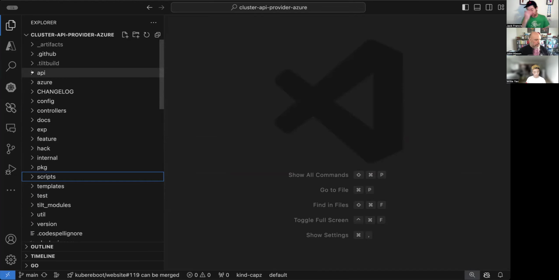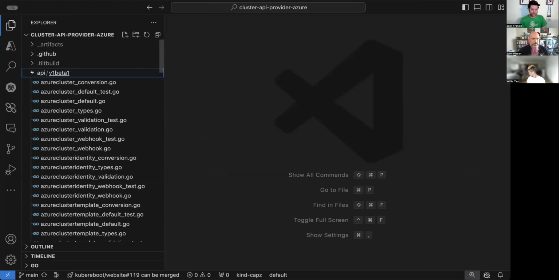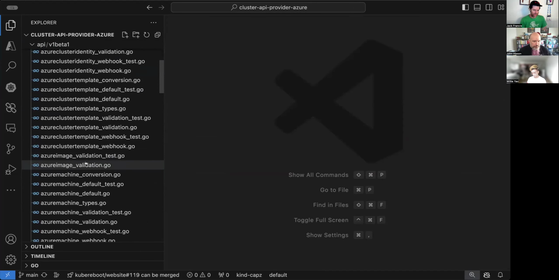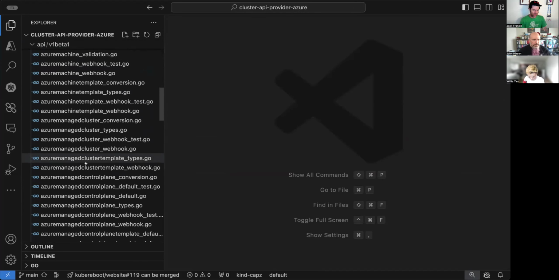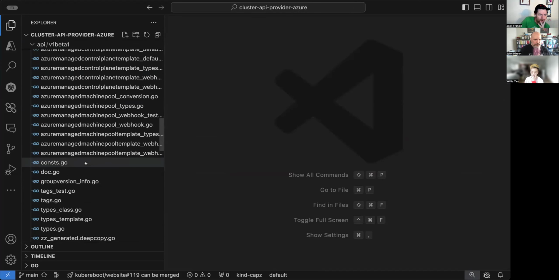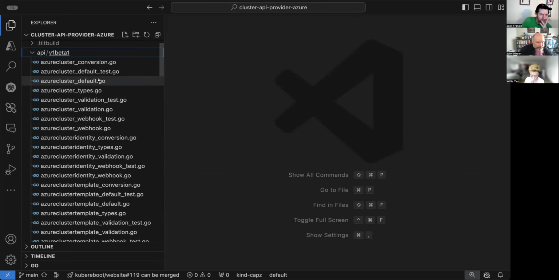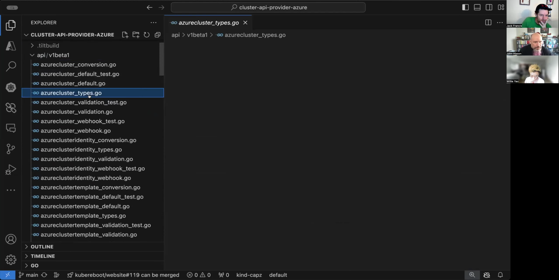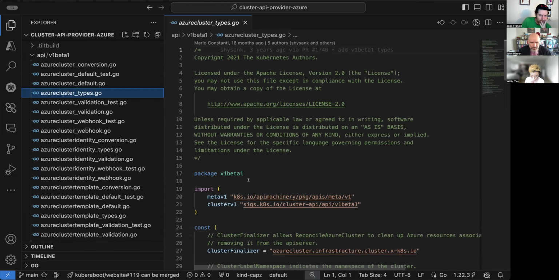So your mention of an array versus a couple of API server resources as an A/B choice. Should I maybe drill down into the APIs and we can look at the actual specs and walk through what an array looks like? Yep. All right, cool. I think it's under types.go, Azure cluster types? Or maybe that's it.